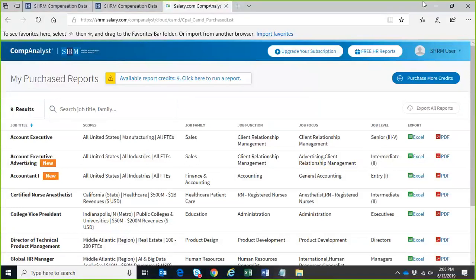So a little background about myself. My name is Christopher Ganesha. I'm the Director of Product Management here over at Salary.com. A little background around Salary.com. We're a leading SaaS provider of cloud-based compensation market data and analytics. We deliver continually updated, reliable market pay data and compensation management software to HR